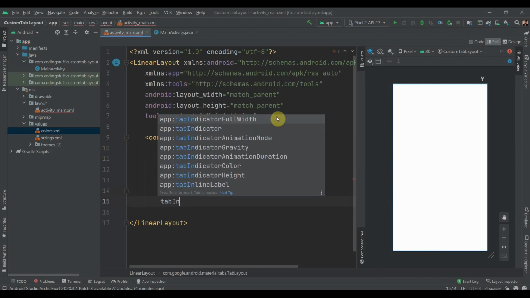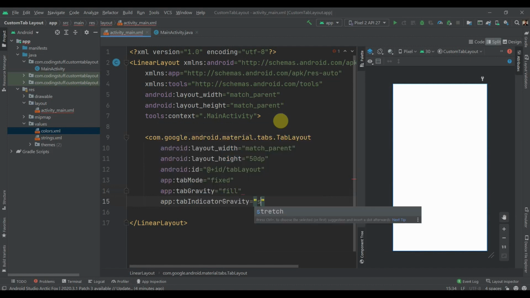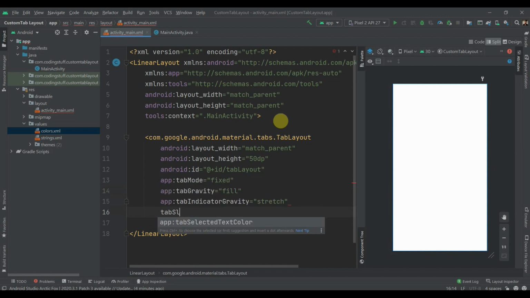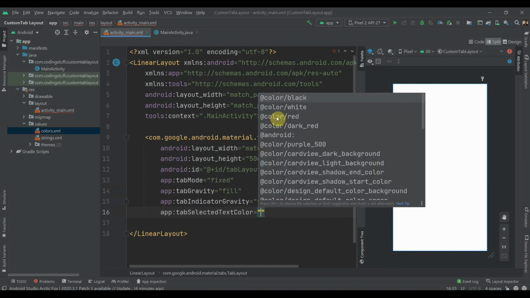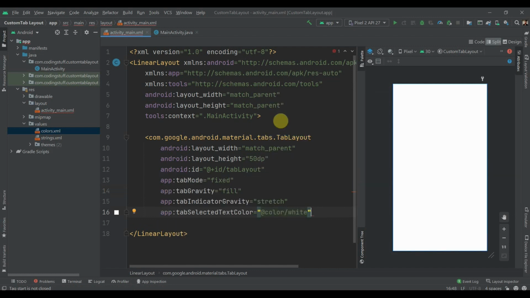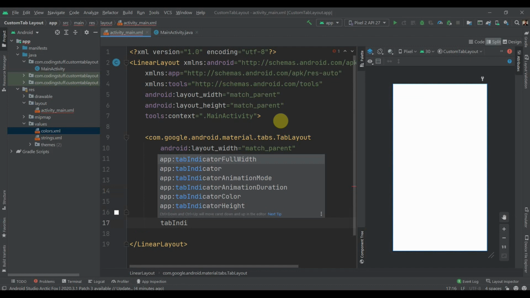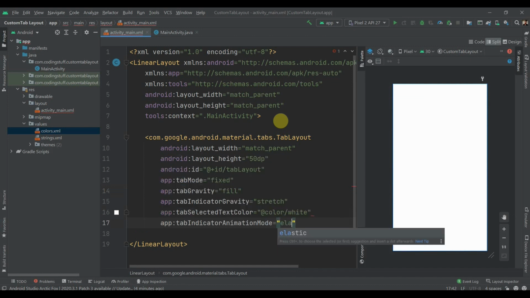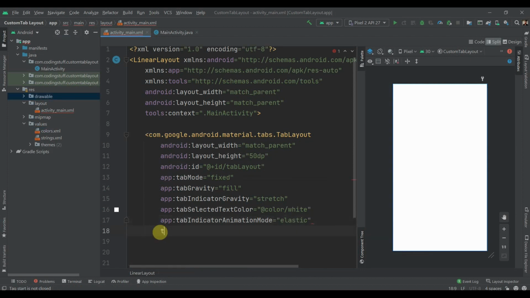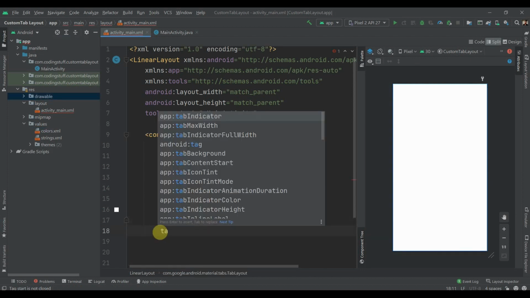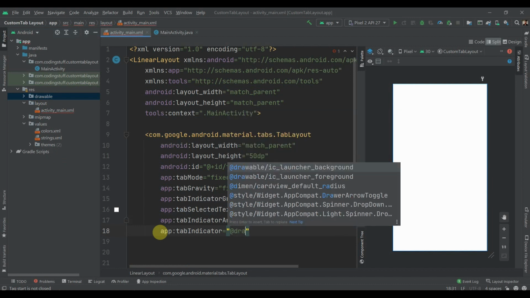Tab indicator gravity, this one. We'll keep it as stretch. Tab selected text color, so we'll keep it as white. So the text of the selected tab will be white. And again, the property of animation, so tab indicator animation mode, we'll keep it as elastic. The last property will set a tab indicator to it. So at drawable,